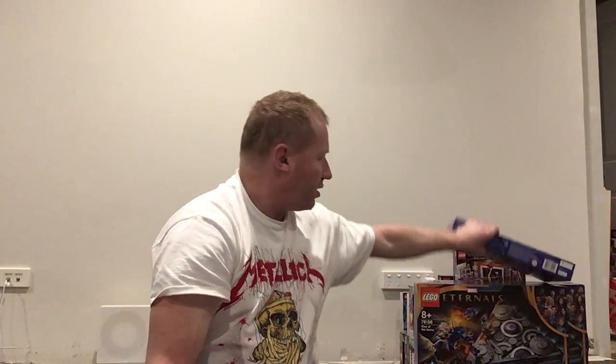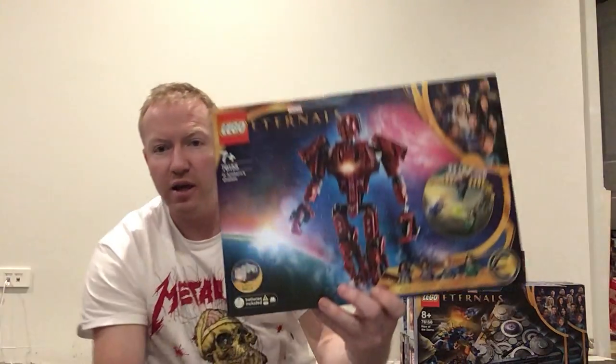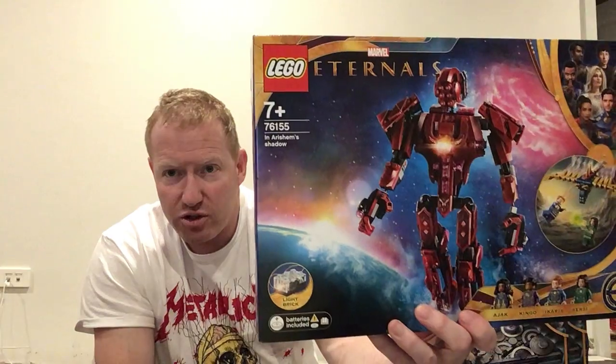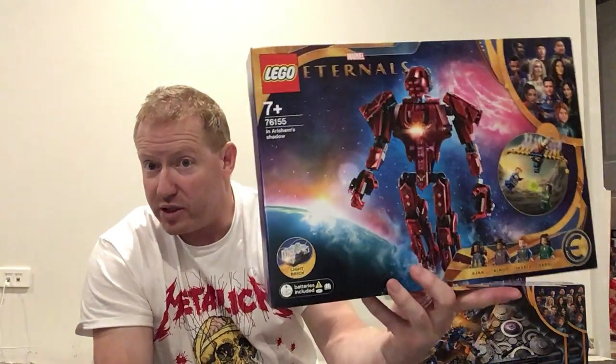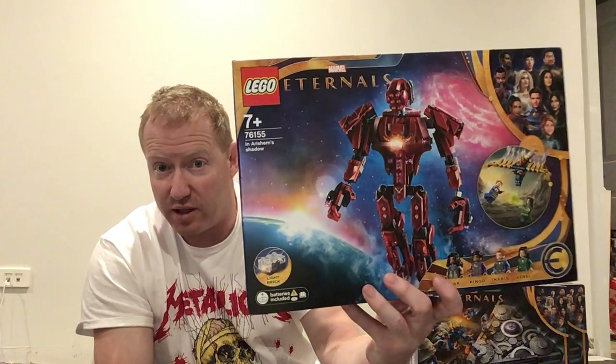Going to get into four sets in Arishem's Shadow from the Eternals. I really just collected all of these because I wanted the minifigures that come with it. So I got that one,